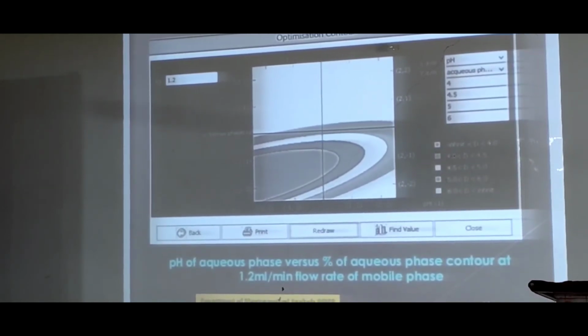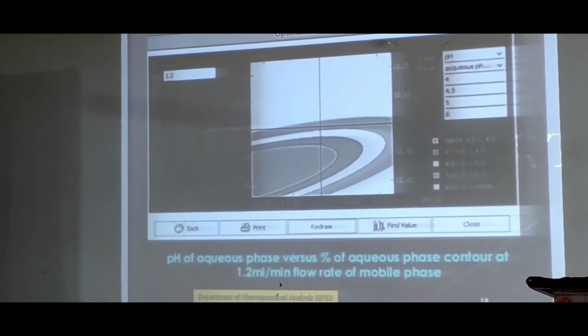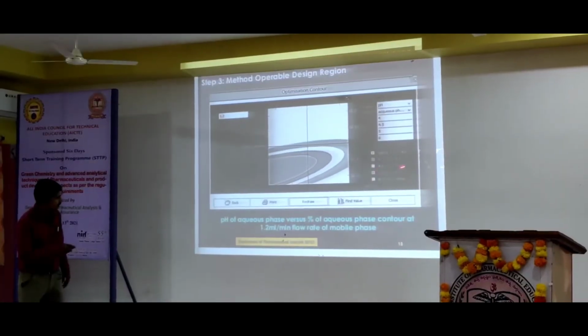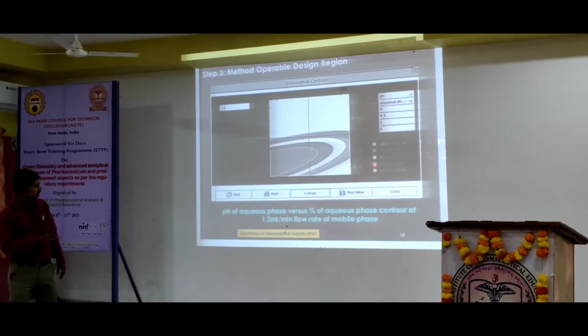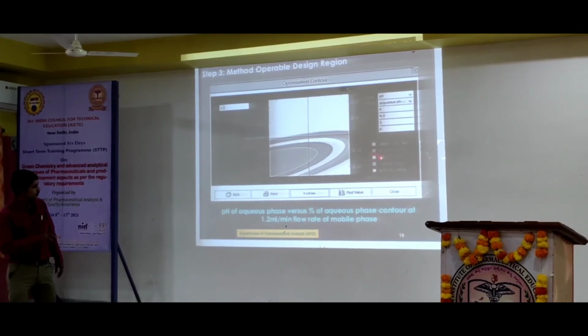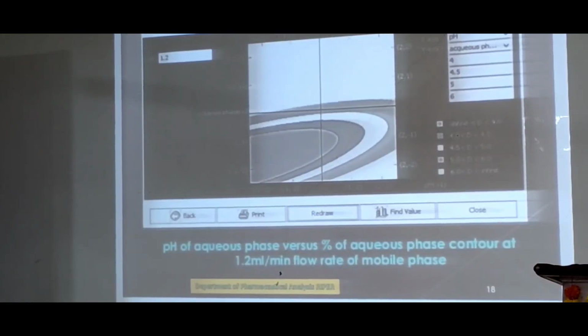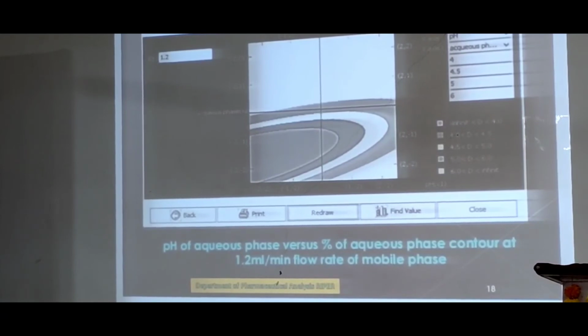Suppose you want 5 to 6 for the retention time of a drug, you have to select this area, which is colored. The white one is here. If you want a retention time of 4.5 to 5, you can fix it.